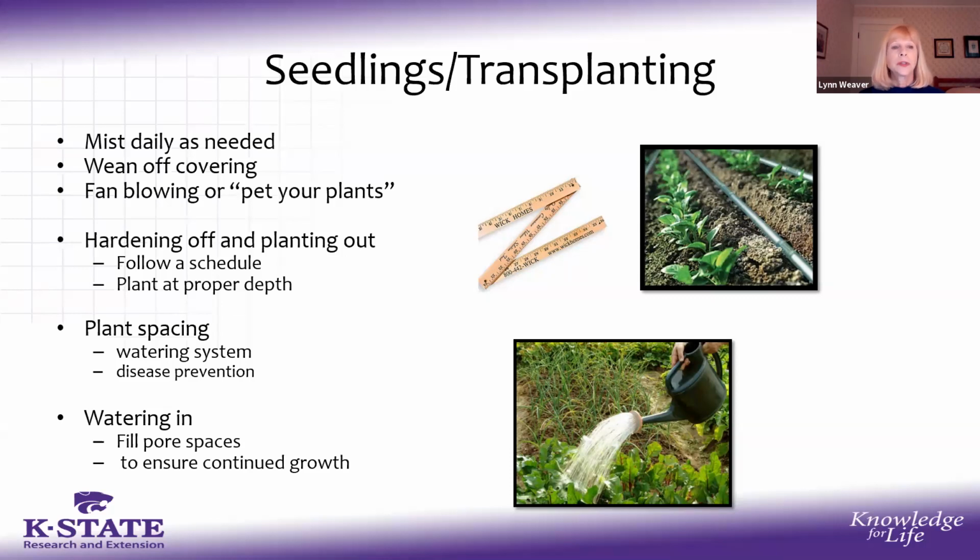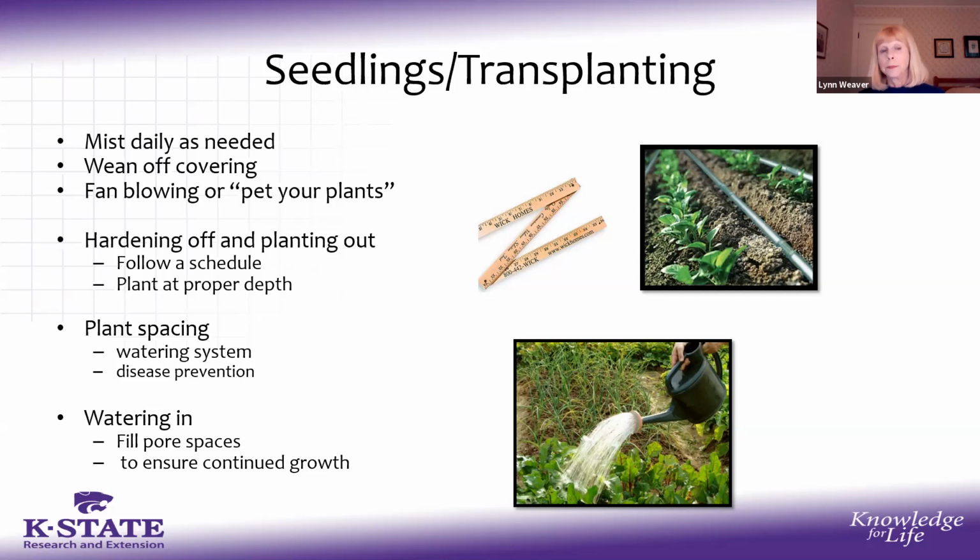Very, very important is to harden off your plants before you move them outside. You want to follow a schedule. A good rule is to set out your seedlings in a shady place out of the wind for about 3 hours the first time they're outdoors, and then bring them back in at night. And every few days, you leave them out a little bit longer. Soon you give them an hour of sun, a few days later, a few more hours of sun. Do try to keep them out of the wind for at least the first week so they have a chance to toughen up.